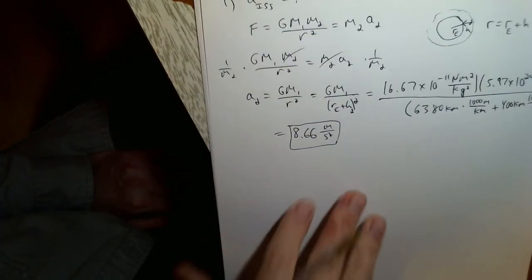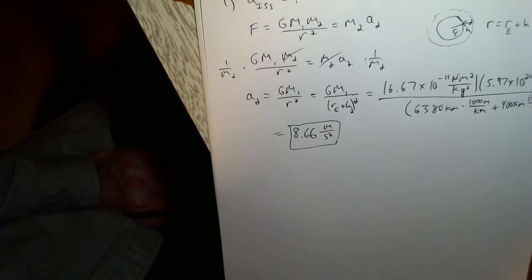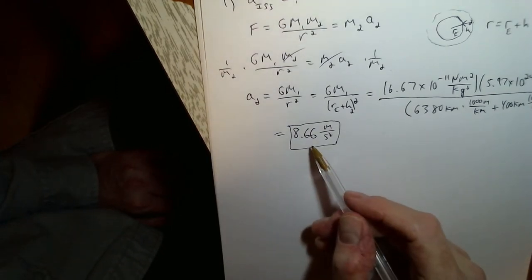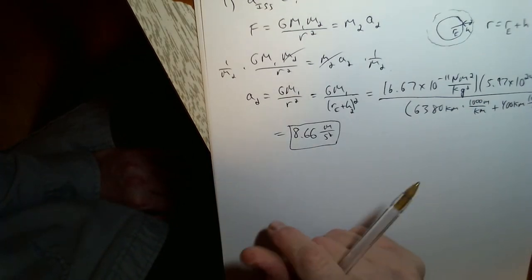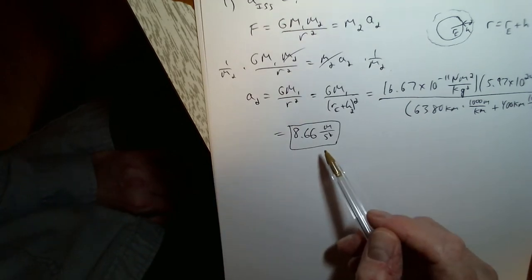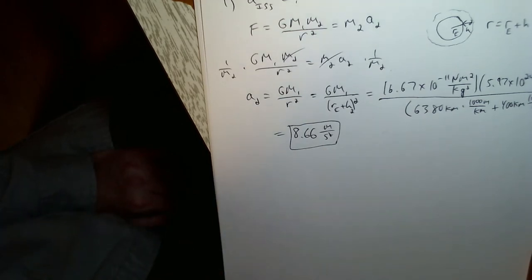But it's actually a good story because I wound up with 8.66 million meters per second squared. And I knew that was incorrect because the acceleration of gravity at the surface of the Earth is only 9.8 meters per second squared, so it wouldn't make sense for it to be 8.66 million meters per second squared anywhere,